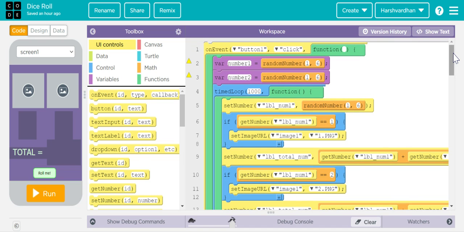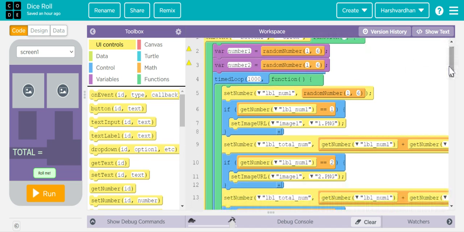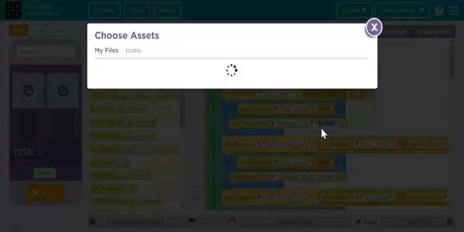So first I put an on event so I can tell the computer that when button one is clicked, then you should verify that number 1 equals random number 1 to 6. This time we have two images because there are going to be two dice, and one dot png is the same like always. One dot png,